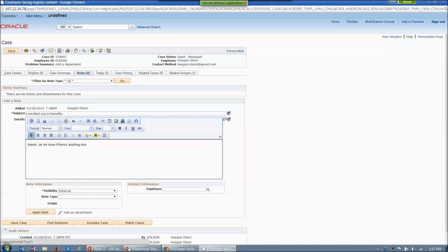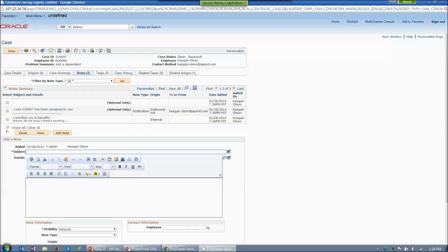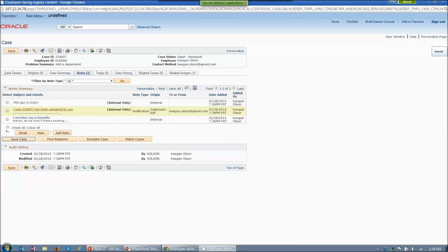Okay, so I'm signed in as the same person. Now with notes, there's a couple ways that you can do notes. I can choose to publish it to that person through self-service. I'm going to go ahead and publish this one. But there's also note visibility that can be internal itself. So I could say this guy is crazy, and I can keep that internal. Obviously, as an HR group, you would never do that, but just for the sake of argument there, I'll go ahead and do that. So there's a note that says this guy is crazy,